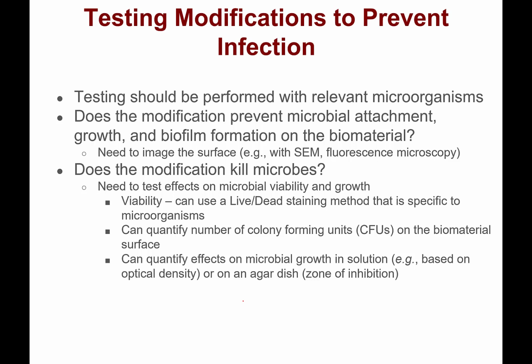Last, we can quantify the effects of a biomaterial on microbial growth. So this can be done in solution, similar to what was done in the last example with the cotton gauze with the silver nanoparticles, and we can use optical density to assess bacterial growth. Alternatively, we can do it with bacteria that are growing in a petri dish on top of agar. In this case, we would lay our material over the top and look at a zone of inhibition around the